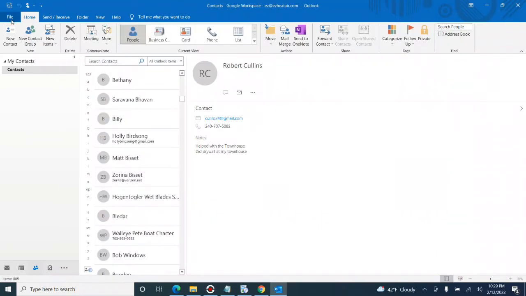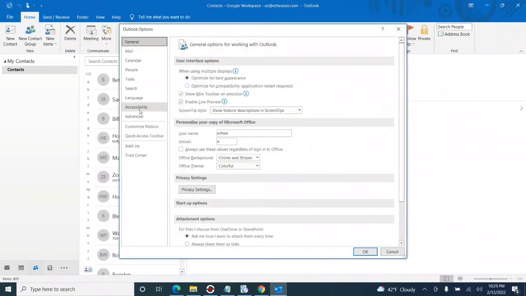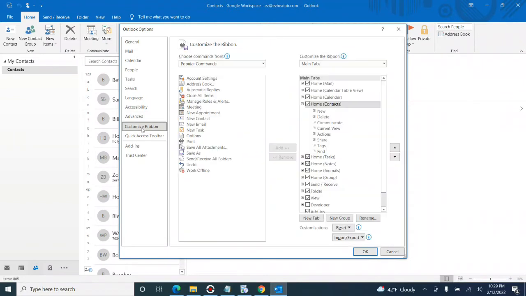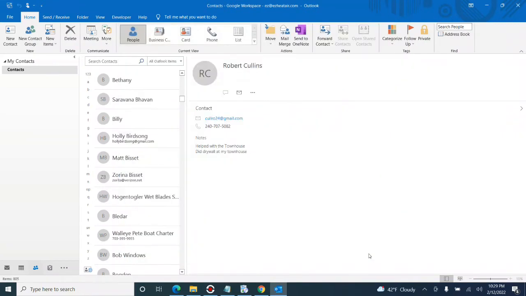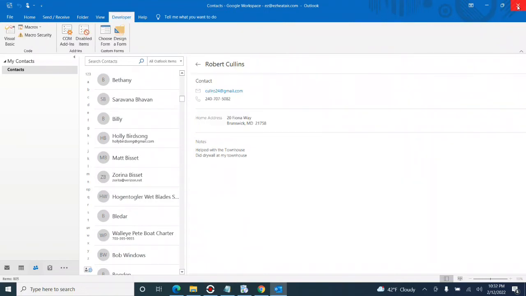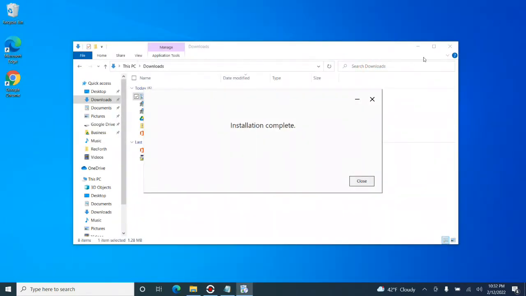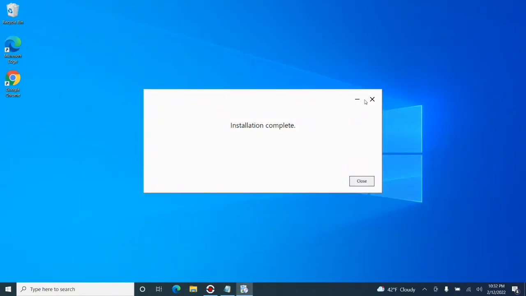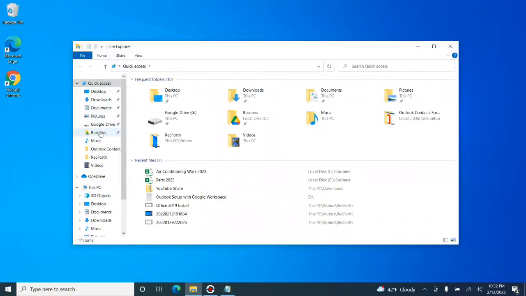Next, we want to enable developer mode. So File, Options, Advanced, Customize Ribbon, and scroll down to Developer, and then click OK, and that'll show Developer there. That's where RoboService will be. So we're going to close Outlook, close everything, go back to our business folder,